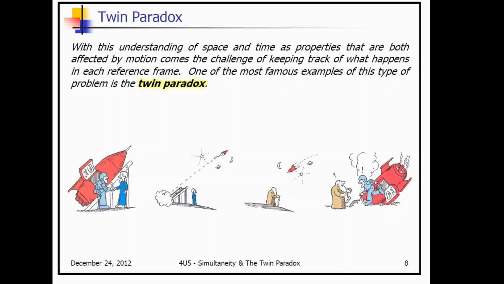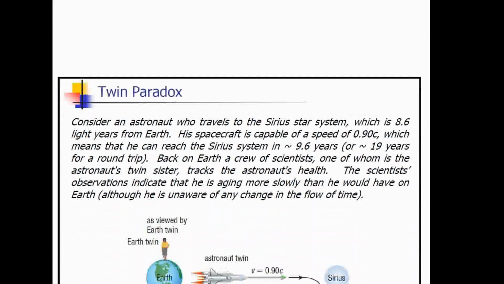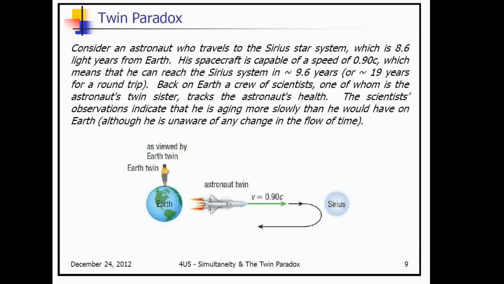So this slide says, with this understanding of space and time as properties that are both affected by motion, comes the challenge of keeping track of what happens in each frame of reference. A famous example of this is the twin paradox, and it's kind of shown here in images. Let's read through here. It says, consider an astronaut who travels to the Sirius star system, which is 8.6 light years from Earth. If his spacecraft travels at 90% of the speed of light, that means he can reach the Sirius system in about 9.6 years, or do a complete round trip in about 19 years to go to Sirius